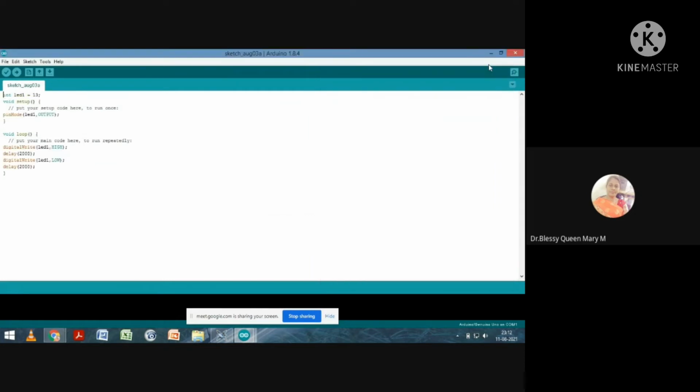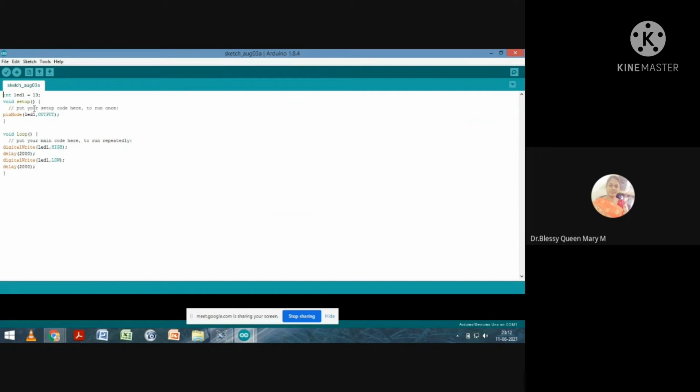Here is your program. Integer LED 1 equal to 13. In the simulation screen, I have connected the 13th digital pin of the Arduino controller to LED green. So here I have to initialize LED 1 as 13. The next is the setup function, pin mode of LED 1 comma output.